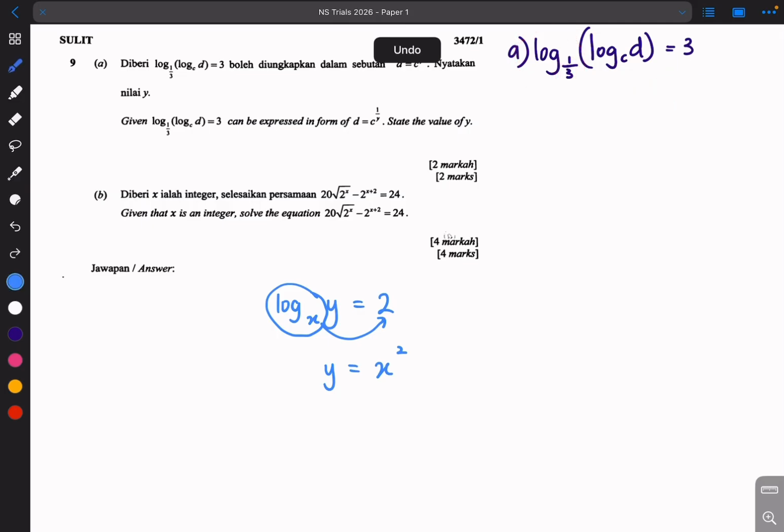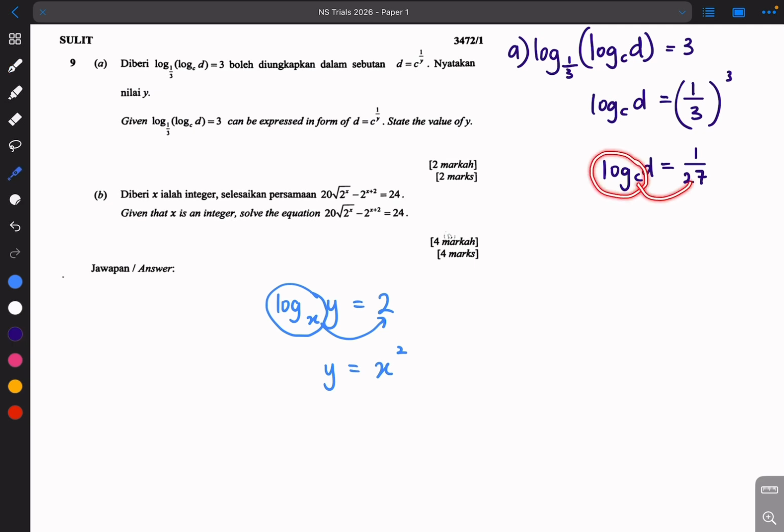This will become 1 over 3 power 3. And here we will be left with log CD. Okay, so 1 over 3 cubed will be 1 over 27 equals log CD. And then again, we do the same thing. So log C, we move up here. This will become C to the power of 1 over 27